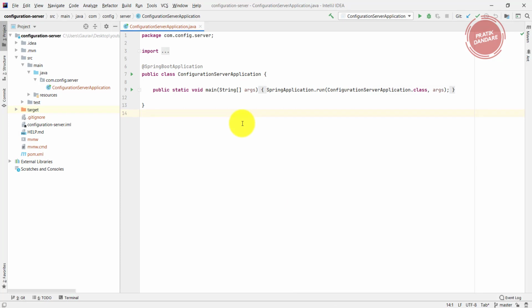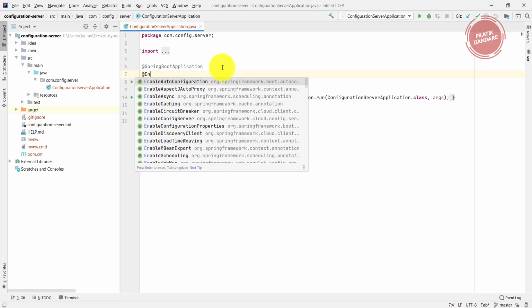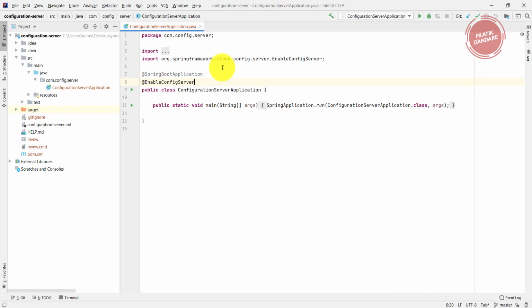To start working with it, we need to add one annotation to tell Spring Boot this is the config server. For that we need to use one annotation called @EnableConfigServer.